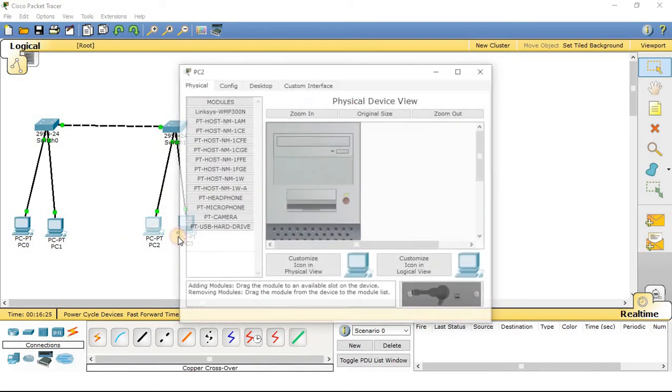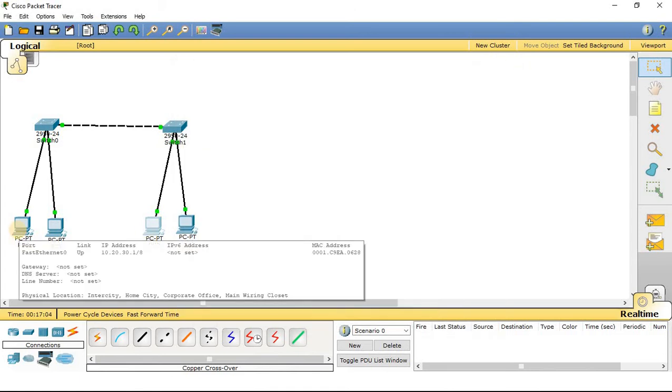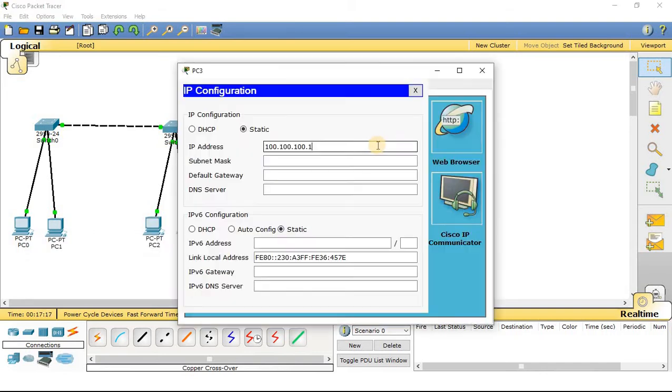For this computer I will create a separate network, 100.100.100.1. You can see this is a separate network because the network address is 100 for this computer, but the network address for the other two computers was 10. So this computer is connected to a separate network. The network address for this computer is also 100.